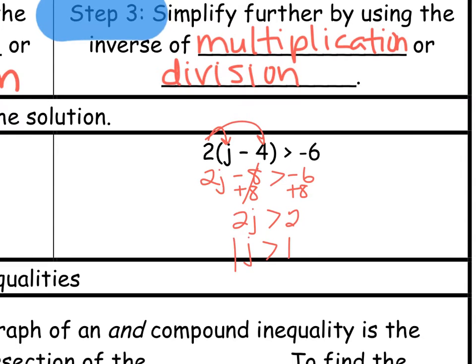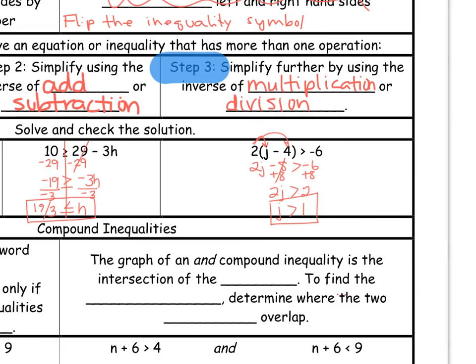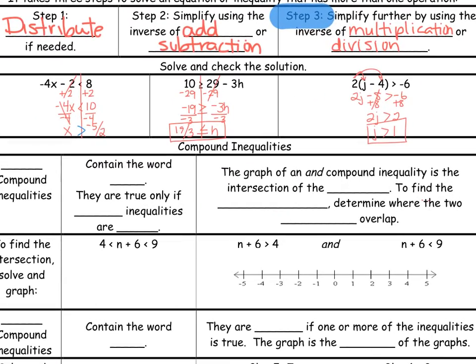And j is greater than 1. Okay, so that should be a review from last year. This year, we are going to take a look at compound inequalities. And compound inequalities are inequalities where there's more than one, usually just two, and they're connected by an and or